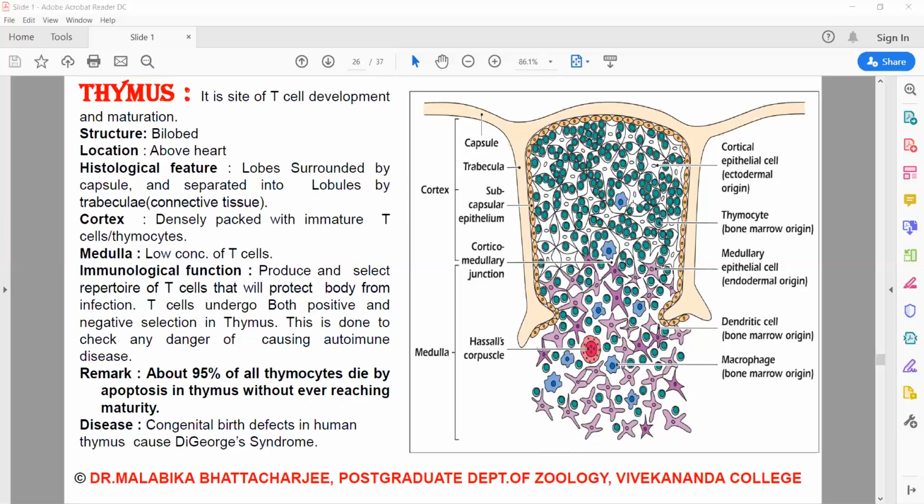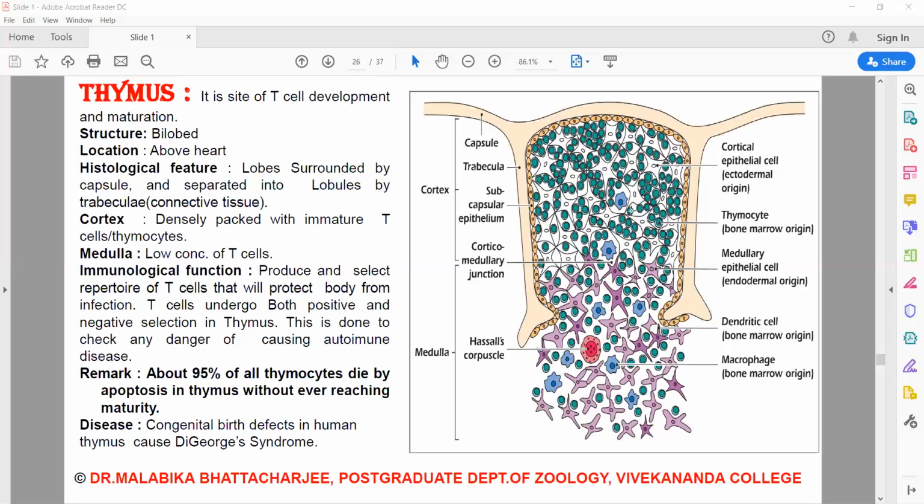One thing that should be noted is that both the cortex and the medulla of the thymus are crisscrossed by a three-dimensional stromal cell network composed of epithelial cells, dendritic cells, and macrophages, which make up the framework of the organ and contribute to the growth and maturation of the lymphocytes, or the thymocytes.